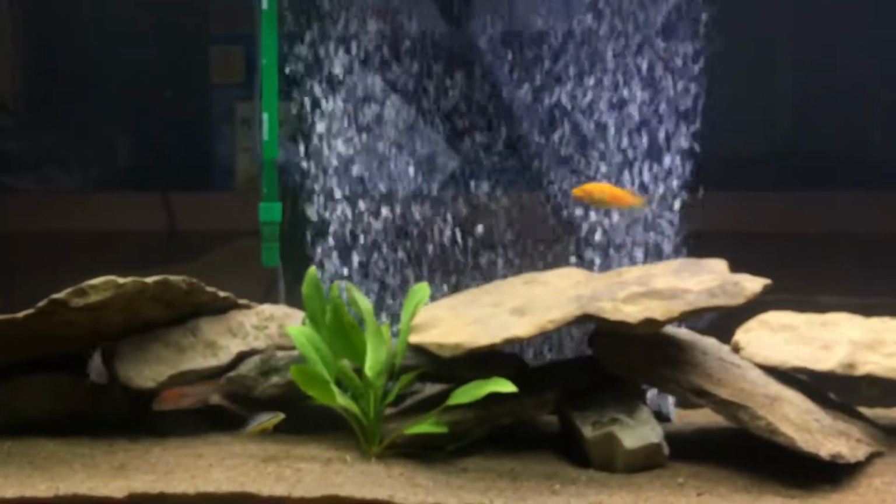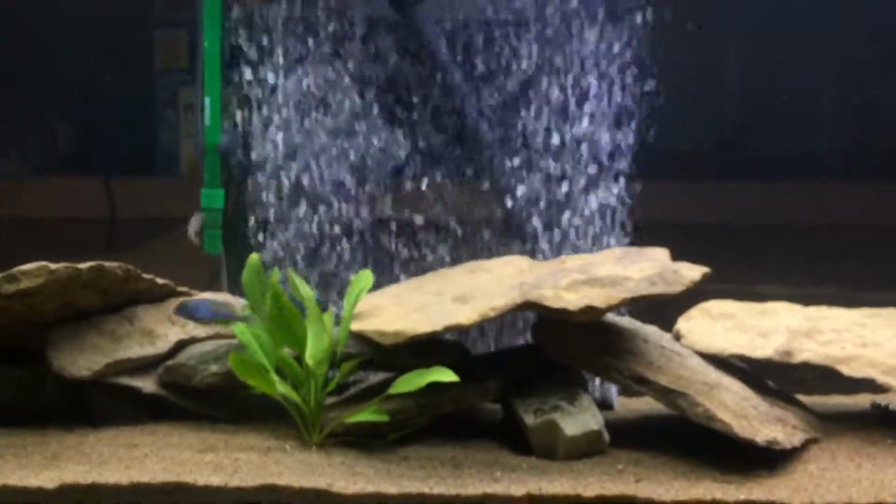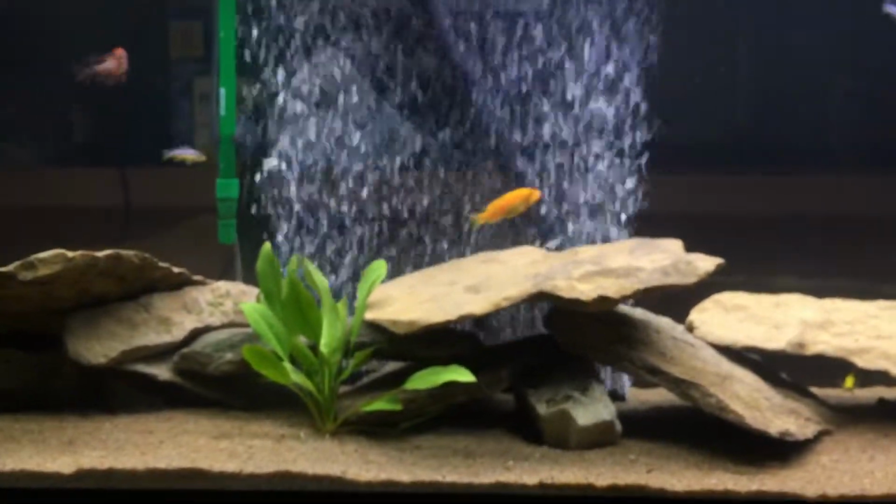And then I just have some bubbles in the back. Just a nice little, I think it's a 12-inch bubble wand, and that's run by my Tetra Whisper 60 air pump. The second outlet is going down here to the quarantine tank,